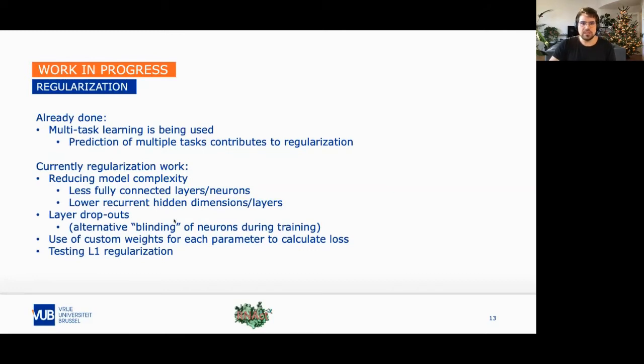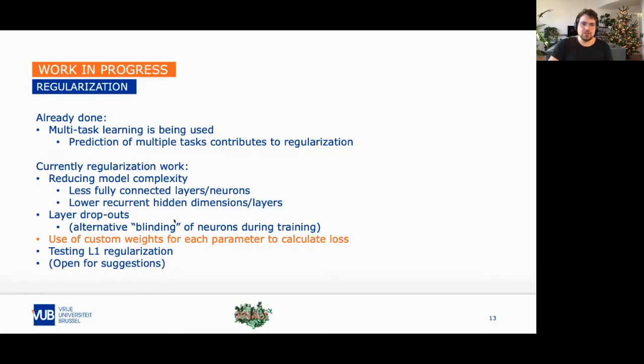Also, we are testing L1 regularization, and please, we're open to suggestions. Anything that could come from you is very, very welcome. But from all of this, especially taking into account the previous figure, I'm now keen on testing very different custom weights. There are also some ways of changing them dynamically, because there seems to be some tweaking we could do there with neighboring